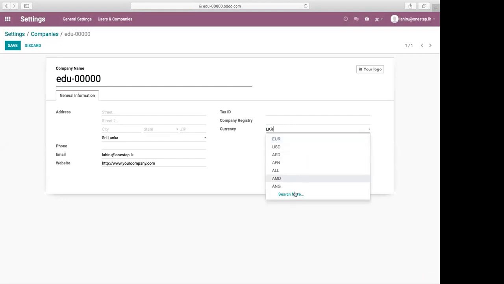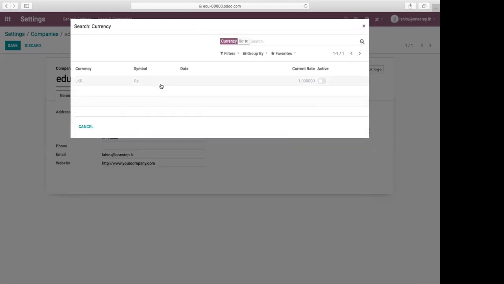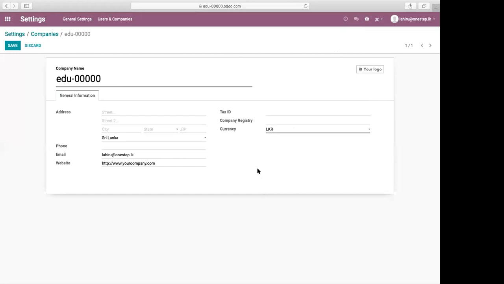Or under the drop down, you can click on search more. Then another screen will appear. Then type LKR. Sri Lankan currency will appear, and you can activate it with the small button here, and you select it. And if you want, you can give the address, and your mobile number will appear here. And if you are working in an actual company,